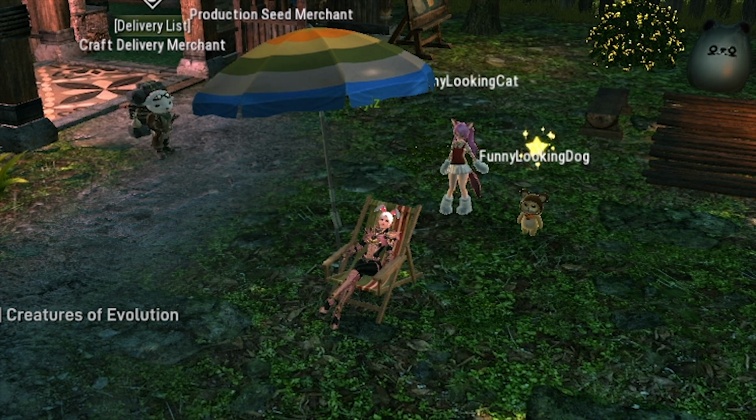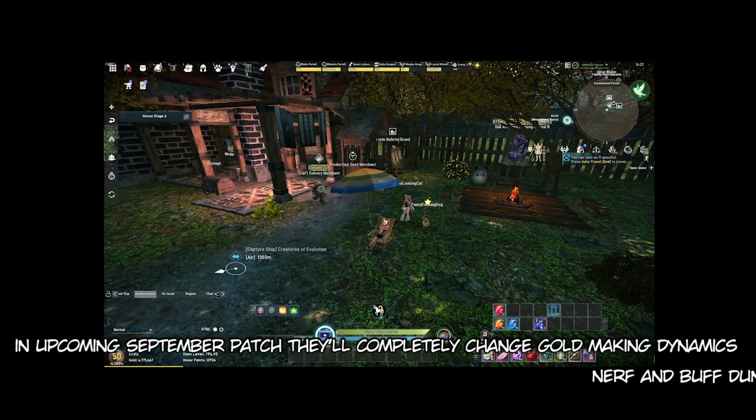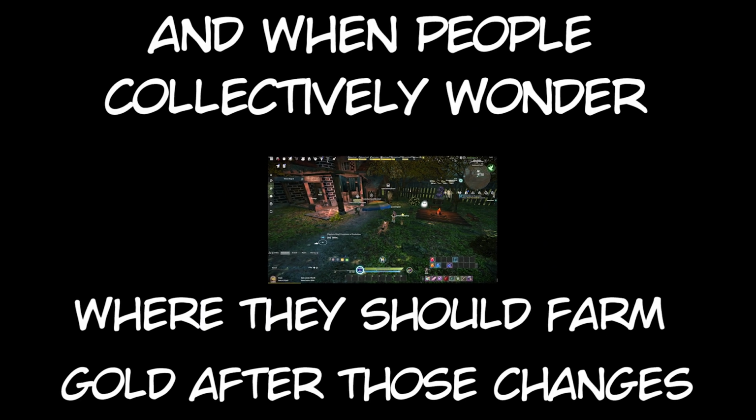Right, so I hope it was informative to some of you. Who am I kidding? In the upcoming September patch, they'll completely change gold making dynamics, nerf and buff dungeons without a good reason, as well as not include some items removed from loot tables, and people will collectively wonder where they should farm gold. After those changes, they will go, where the fuck